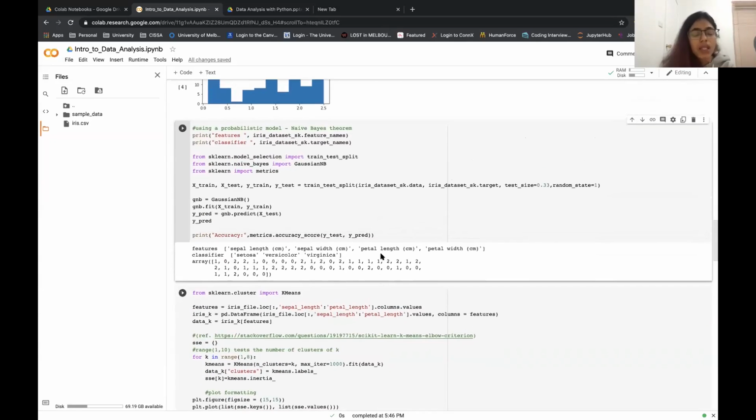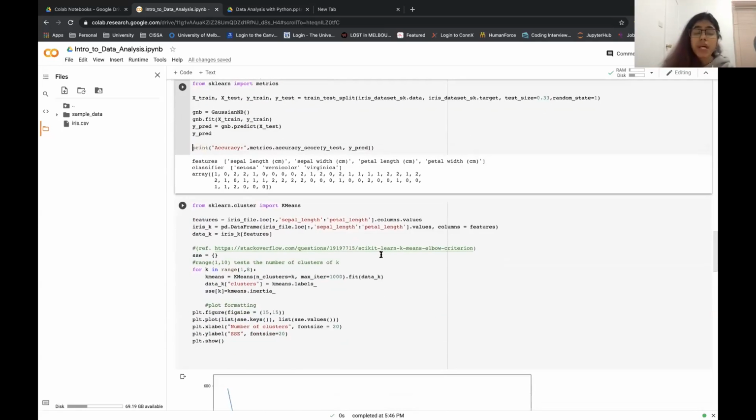So that is what you want to do if you're going from raw data all the way to your modeling, but you might not necessarily be able to model what your naive Bayes theorem looks like, because at the end of the day, it's a probabilistic model. So more often than not, you'll get something along the lines of accuracy or even just an array like this. But if you want to go from visualizing at the very beginning to visualizing at the very end,